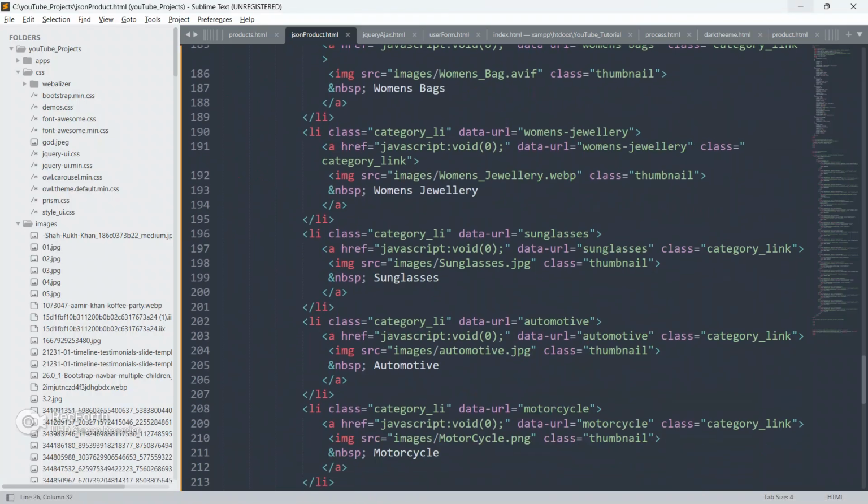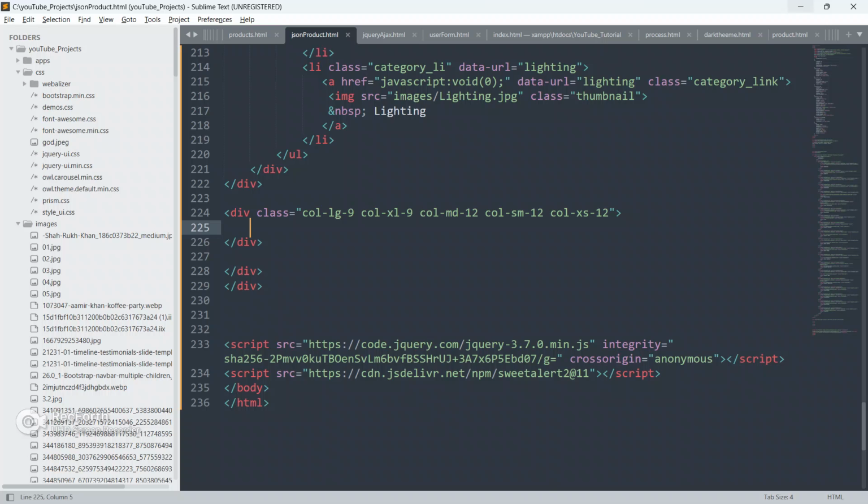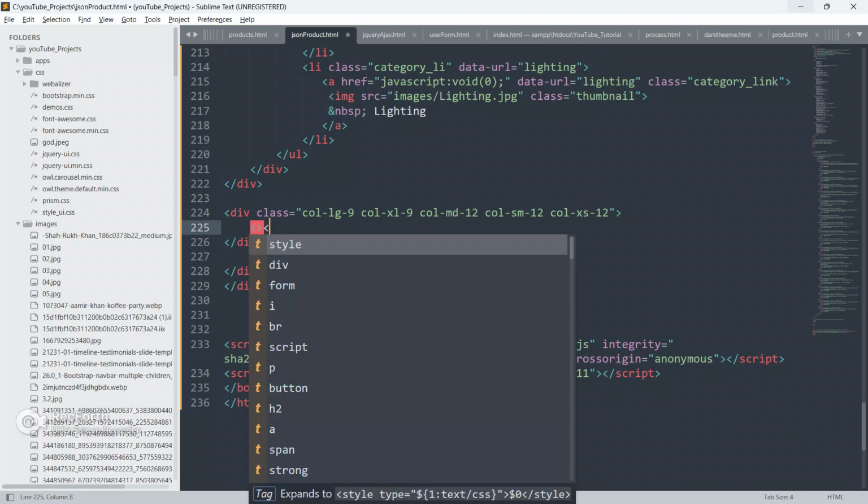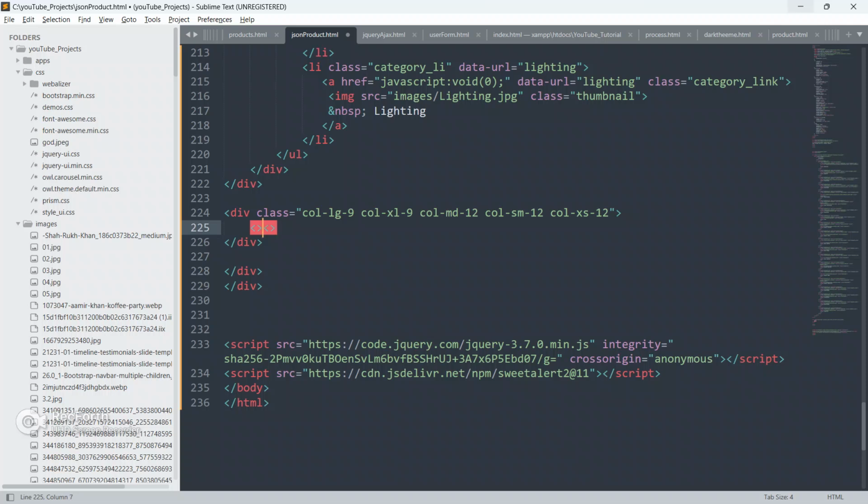Okay, so now guys go to the code and inside this div we are gonna create another div and we'll give it a class as data. Using that data guys, we will fetch each and everything here using JavaScript guys. Okay, so dynamically we will place content here using JavaScript.